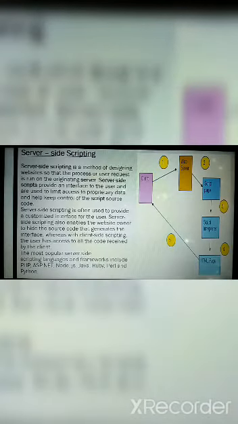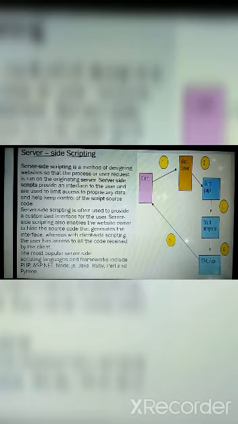Next is server-side scripting. As the name itself makes clear, it is the server side. All the basic conversions or whatever task is to be performed is done at the web server. When the client sends the request to the web server, all the other operations are done on the server end. The script pages then move on to the script interpreter, and then the HTML page is sent back to the client as a response from the web server. So all the tasks are done at the web server end.